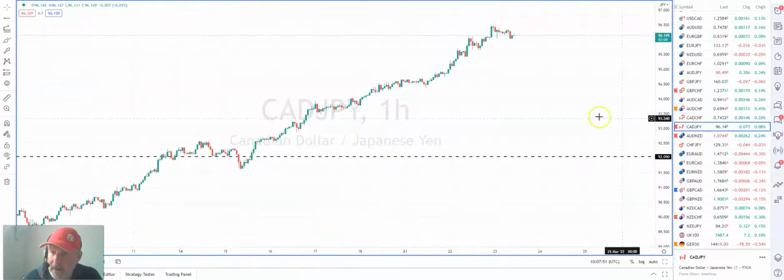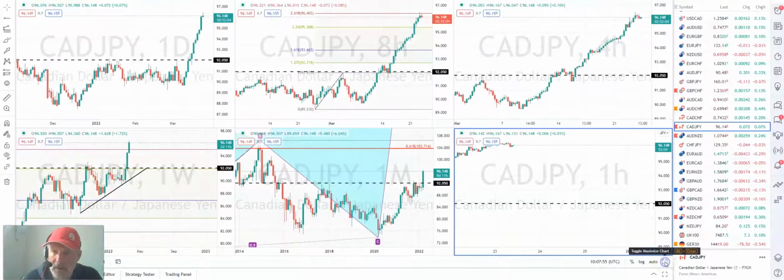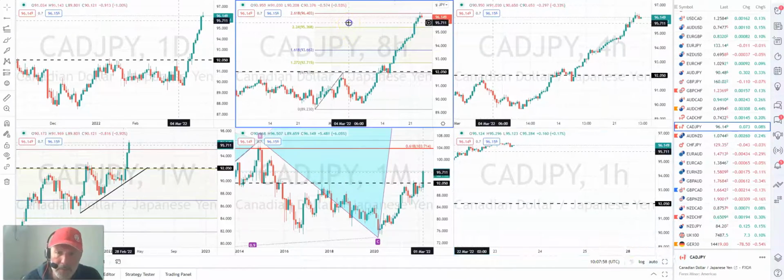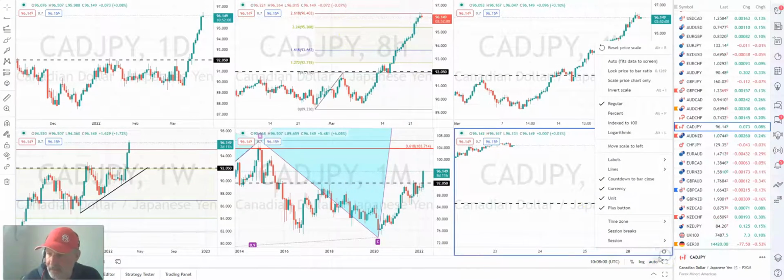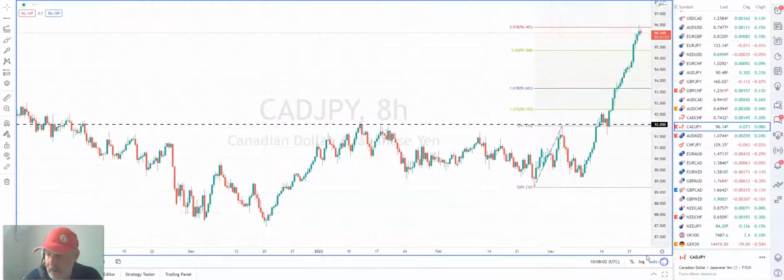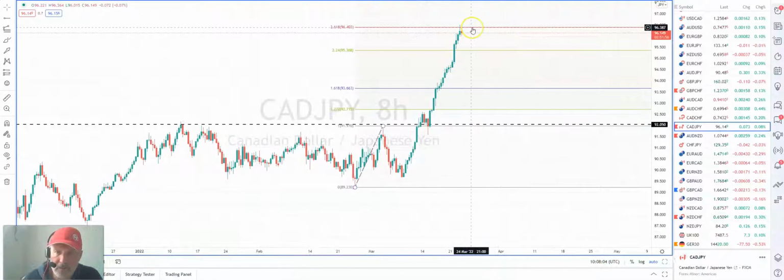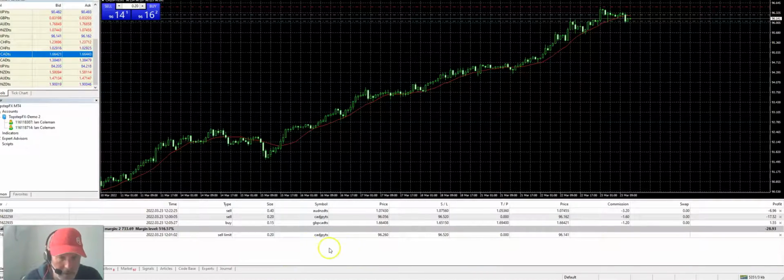CAD yen got short this morning, and looking for a re-entry, and basically it's off this. So we're using this cross currency. We've got a 261.8% extension. We have had a sell signal at the top. We are, or I am, I keep on saying I am short at